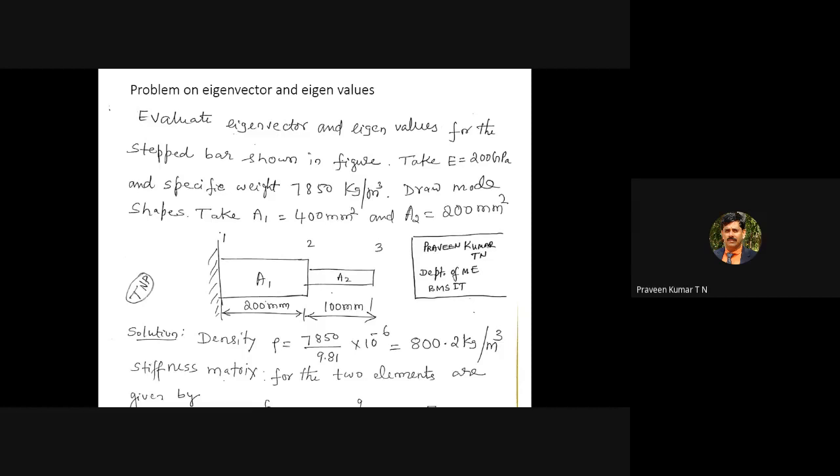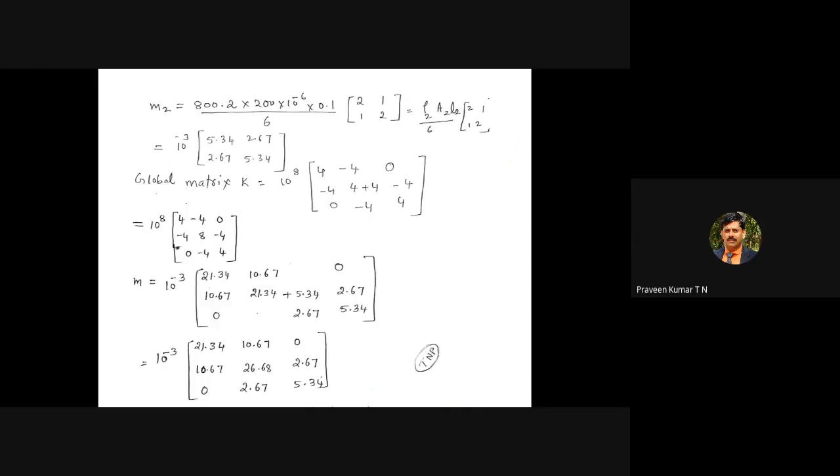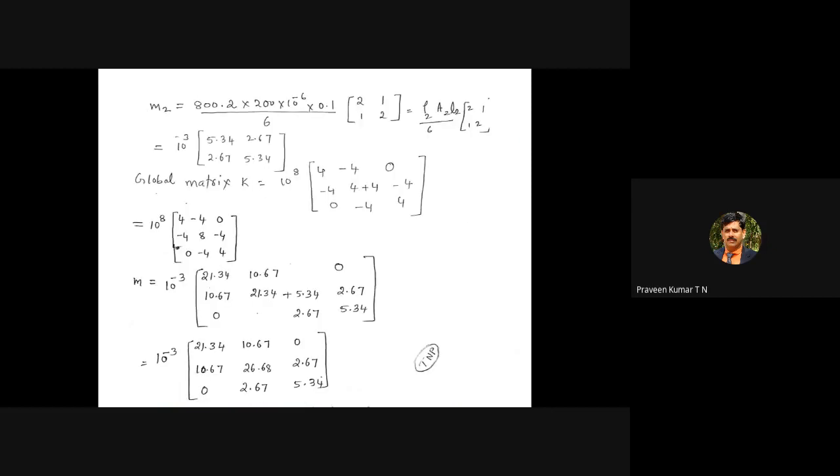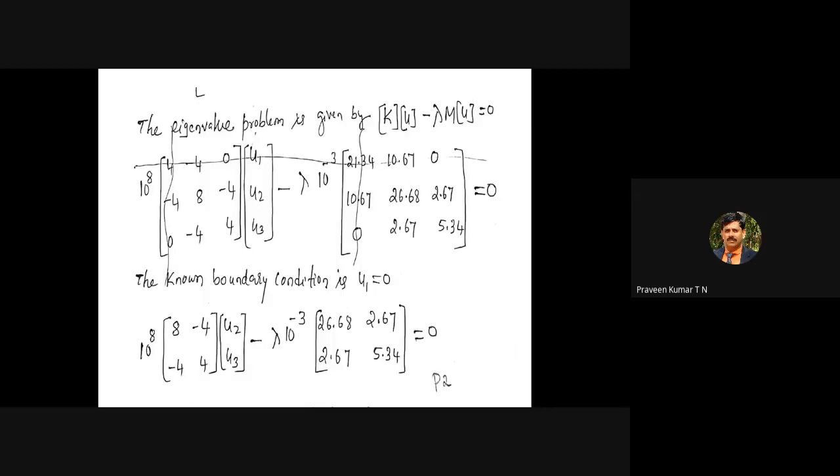If you have some curiosity, first, as usual, you have to find the stiffness matrix for the bar. Other than the stiffness matrix, there is one more matrix that is referred to as the mass matrix. For the mass matrix, you have to remember this formula: rho 1 A1 L1 divided by 6, times the matrix 2 1, 1 2. That derivation we will do. So other than the stiffness matrix, we are adding one more, the mass matrix: the mass matrix for element 1, the mass matrix for element 2, then the global mass matrix, similar to the global stiffness matrix.